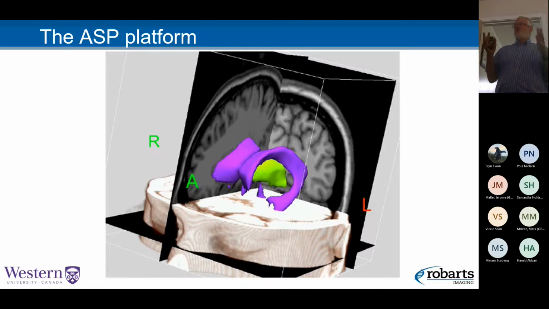When one of my students was talking about this at a conference, someone said, "David, what does ASP stand for?" And without missing a beat, he said, "Acronym still pending." It was, of course, a continuation of Viper, but